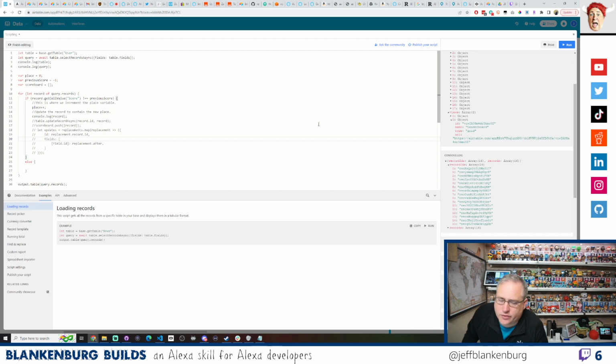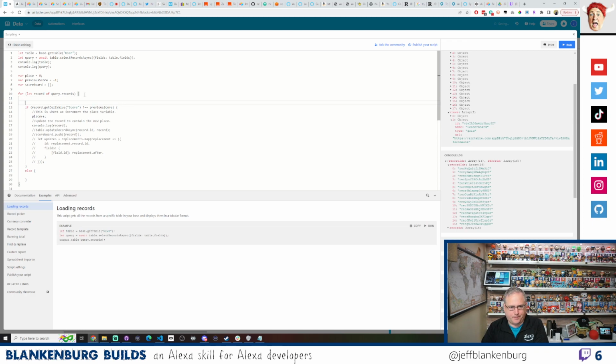okay, let's try this. We saw another function. So we're going to say var user equals query dot get record with the record ID, which is going to be record dot ID. Console log user. Could probably let these hang out for a second. Okay, so if I run that,